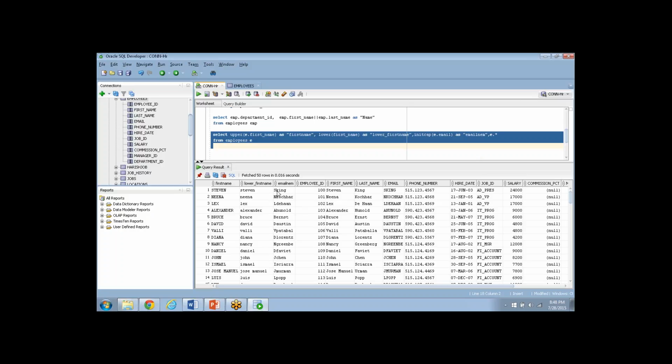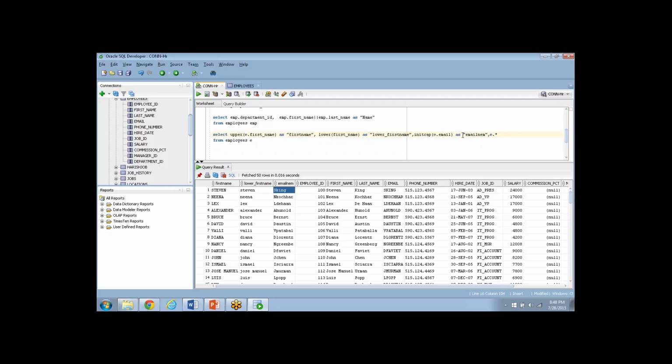Now the email, we have all capital letters, but if you see init cap, it gives the first letter as capital, similar to how the first name is, and the rest of the characters as small letters. And we already practiced